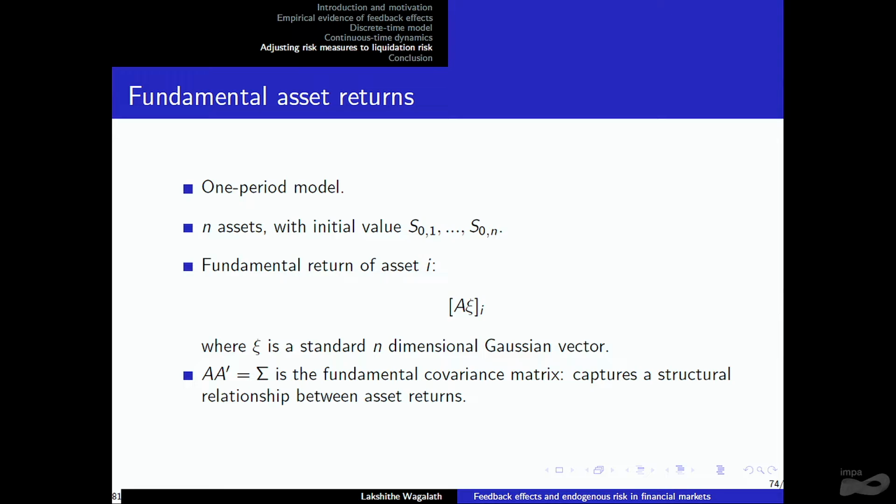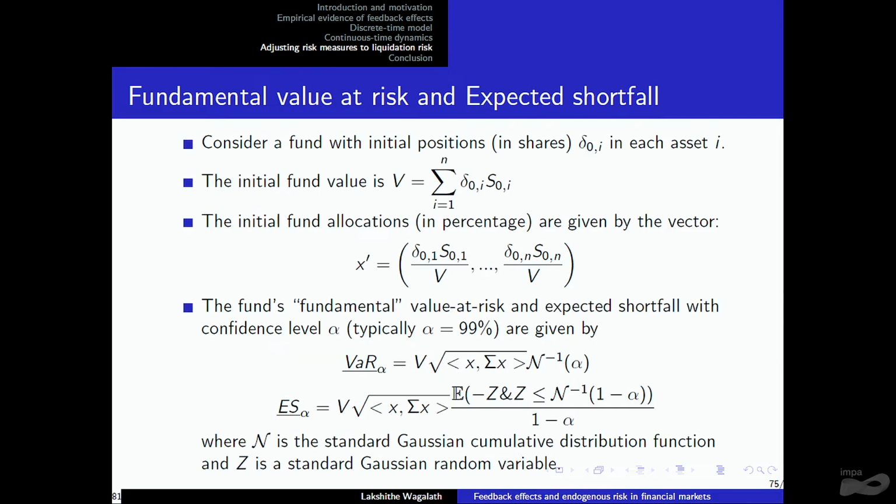And you have a fundamental return. So you forget about the drift, right? So there's no drift. There's here matrix A, which is the square root of the covariance matrix. So A times the transpose of A is sigma, right? And so the return is this, right? So here we are actually in the Black-Scholes framework, right? You see, it's the Black-Scholes. All right? So you start with the Black-Scholes framework, and then you look at a fund